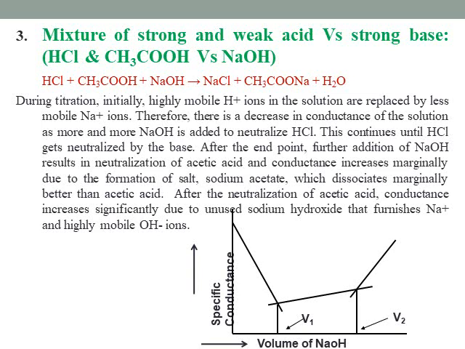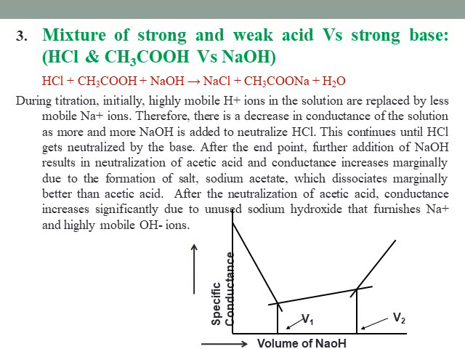After the first end point, the acetic acid goes on dissociating. Since it is a weak acid, it dissociates only partially, so there is a very small increase in the conductance, which is called the incremental increase, giving another straight line. Once all the acetic acid is consumed by sodium hydroxide, there is a steep increase in the conductivity. This is due to the excess OH minus ions, which are good carriers of charge, and hence you get more conductivity.